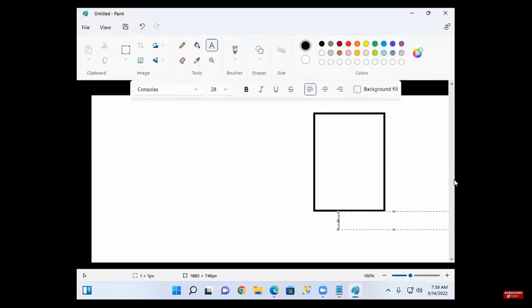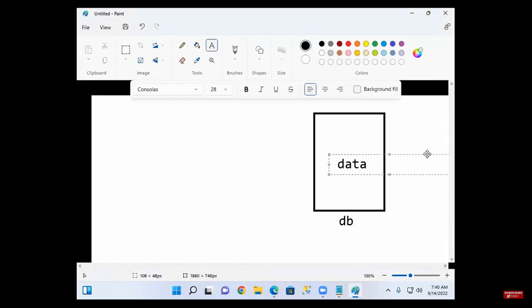Okay. Now this is a database, and what is it for? For storing data. And this data is what? Permanent, and it is also secure. Now, what is the permanent storage in your computer? Hard disk.